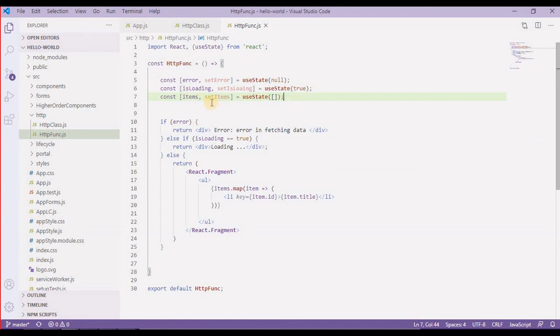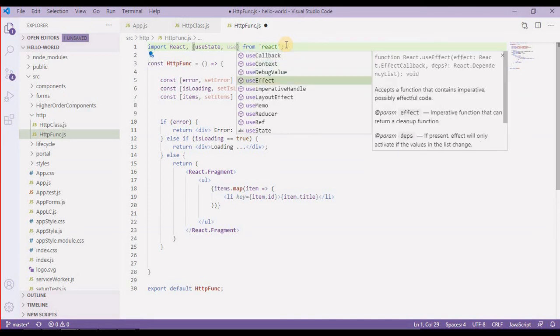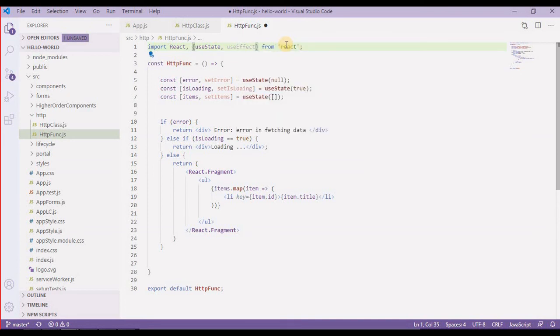Alright, so all these variables are being registered in my function. Now I'm going to fetch data from the API. For fetching data I need a lifecycle hook, which is useEffect. For this moment I'll not describe this useEffect in detail and will use it in later classes, but for the moment we are going to use this useEffect as we want to fetch data from an API.